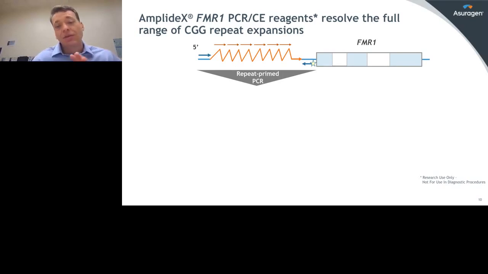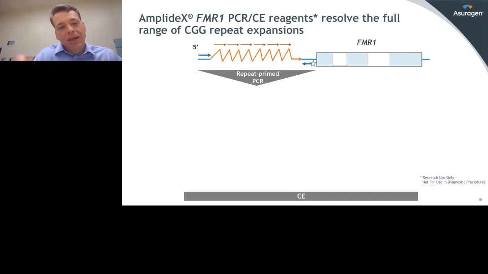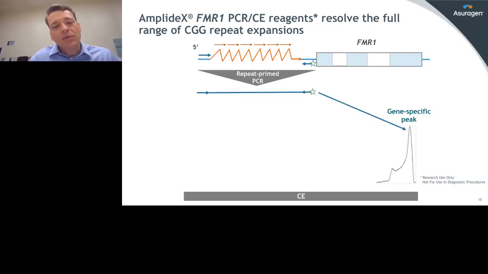So just to give you an overview, the way we do this is we have a 3-primer design. We have 2 outward gene-specific primers, one of which is labeled with a fluorophore so we can resolve it on a platform downstream. And then we use a 3rd primer, which is a repeat primed element. So this is a primer that's complementary to the CGG repeat. It lays down and binds to each and every one of these repeat elements and combines with a reverse primer to create a multiplicity of products that can be resolved.